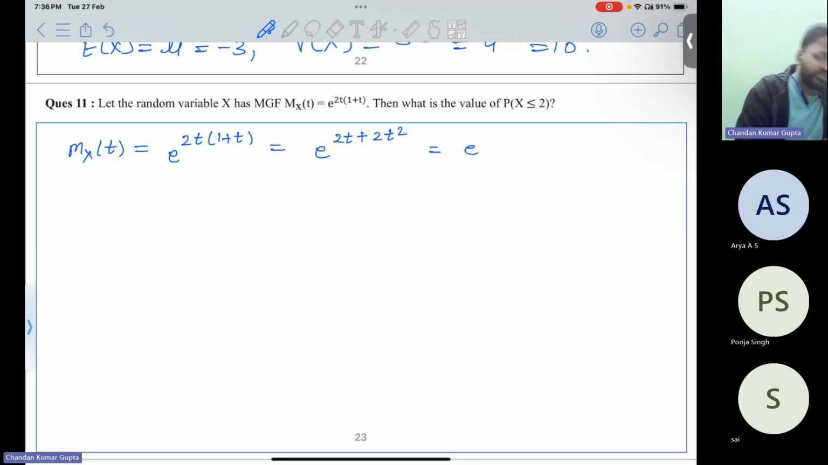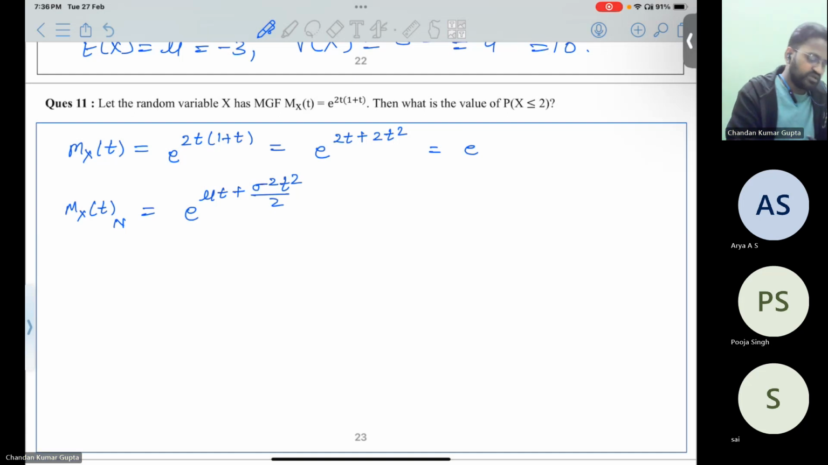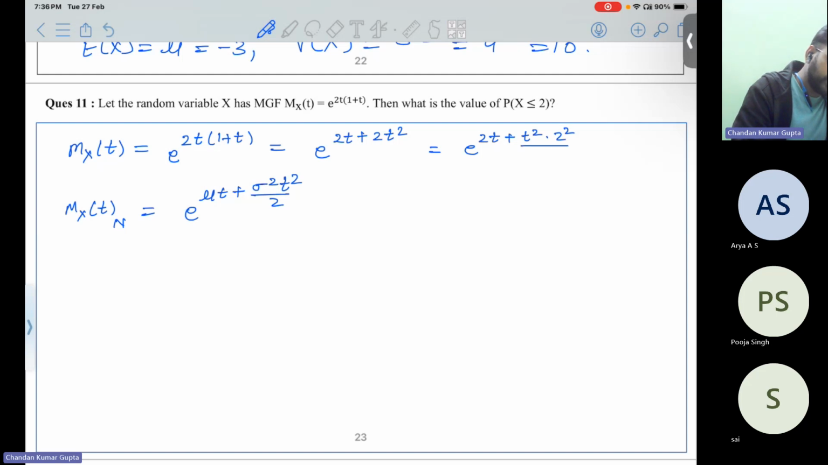Okay. Now the MGF of normal distribution. MGF for normal distribution is like what? E to the power mu t plus sigma square t square by 2. So like we may write like this, mu t plus it's 2 square. T square is there. It's 2 square by 2. So comparing these two,